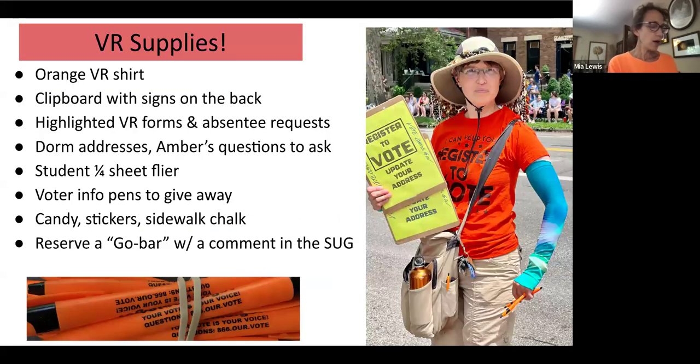What are VR supplies? Okay, so you want to take 2 clipboards because often 2 people come up at once. You're going to wear your orange shirt to advertise that you are a voter registration volunteer. We always have highlighted forms. Please don't use old forms that you have sitting around at home. Some of them are not even valid anymore, or they're not highlighted. Please get the materials from our